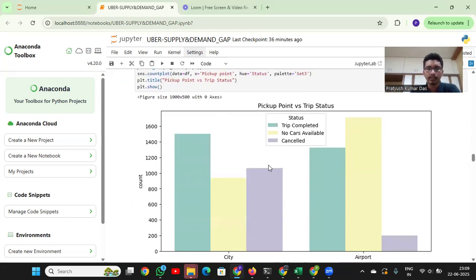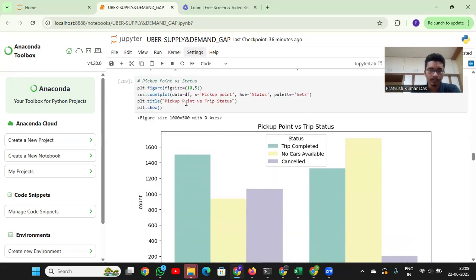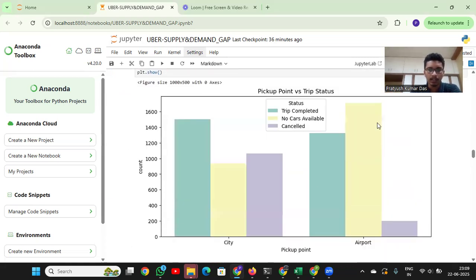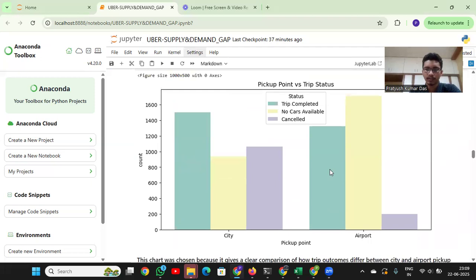have two categories corresponding to the pickup point, that is the airport and the city, and we have the count. So if I would run this cell once again, I would be shown that we have a maximum number of trips completed when the user selected the pickup point as city as compared to the airport. And the ironical fact is that maximum number of trips were also cancelled when the pickup point was city as compared to the airport. So once again, and yeah, another fact that most number of trips were also not